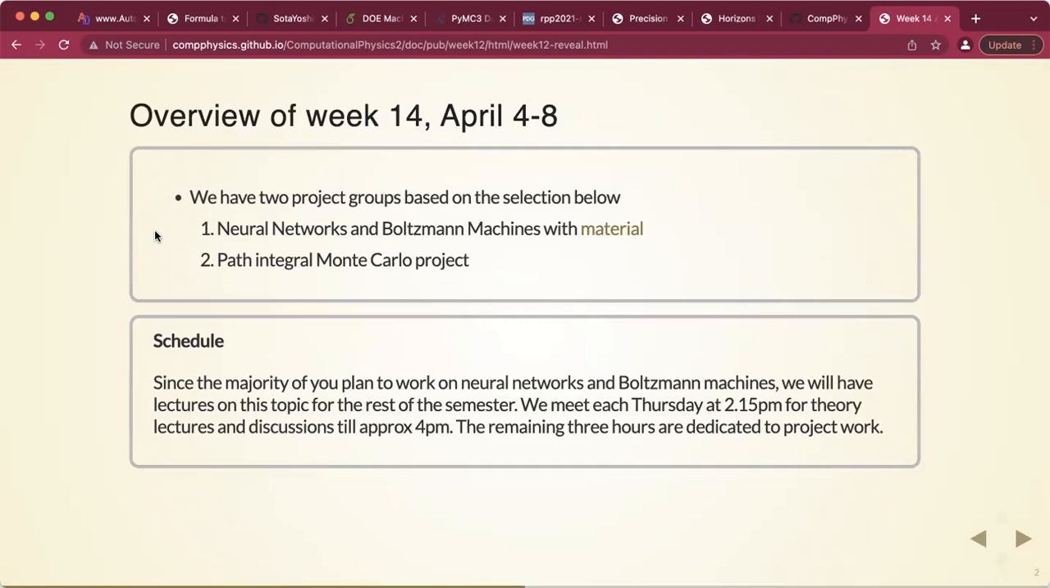So we have essentially now two project groups. One group who has expressed a clear interest in working with Boltzmann machines and neural networks. So what I wanted to give you now today is, for those of you who have worked with the neural network, this is going to be a repeat. And for those of you who are not too familiar, I wanted to give you some of the basics there,